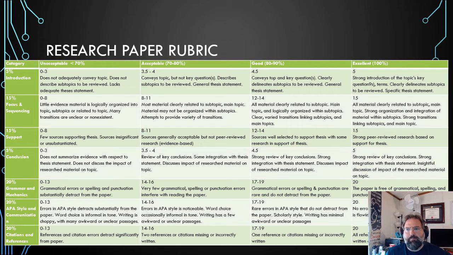So don't put your citations in the very last sentence. In fact, generally speaking, there should never be a citation on the last sentence of a paragraph, because the last sentence of a paragraph should be kind of wrapping up the point of that paragraph and preparing the reader for the next section or the next paragraph.